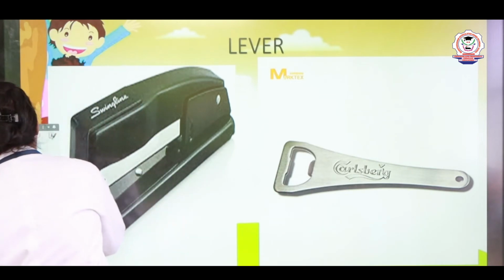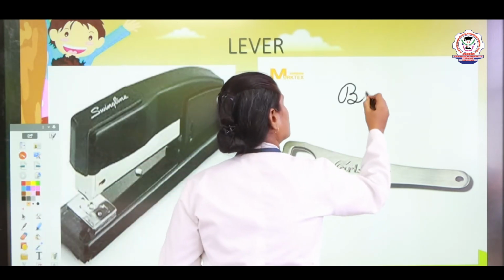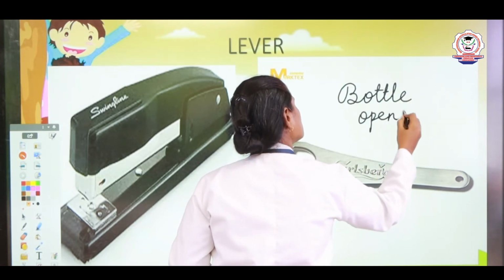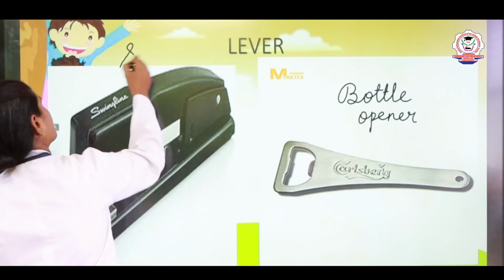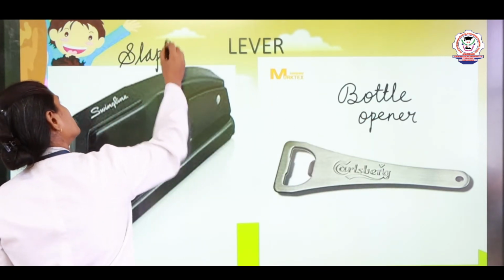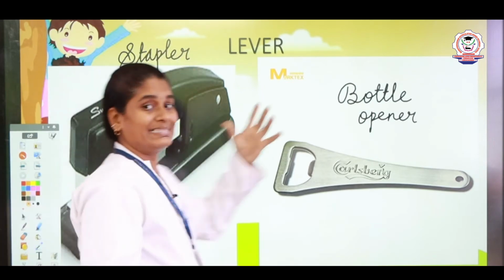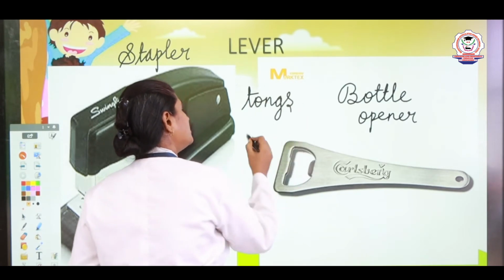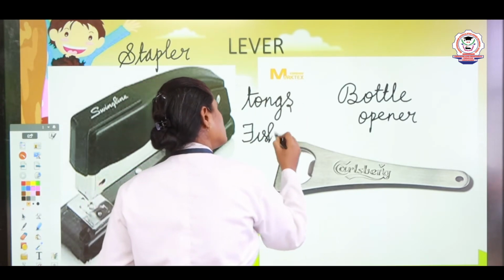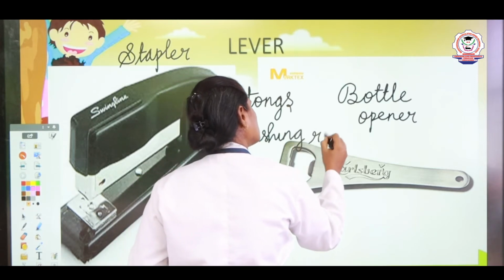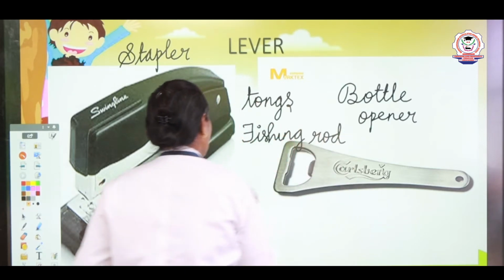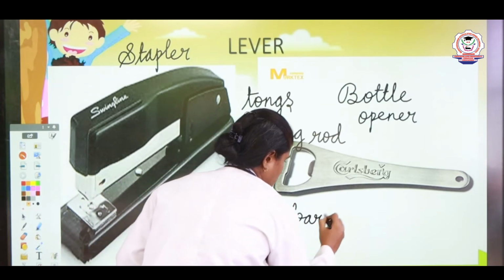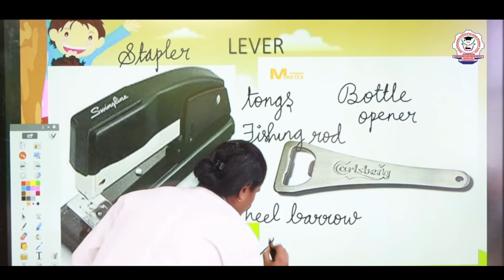Bottle opener, stapler, some more examples, tongs, fishing rod, wheelbarrow, spoon.